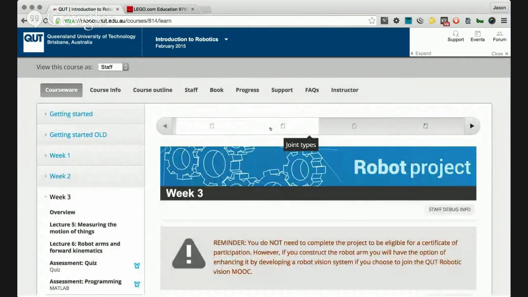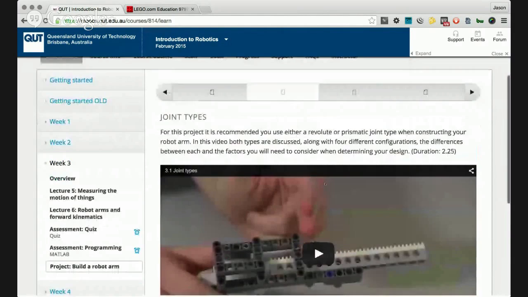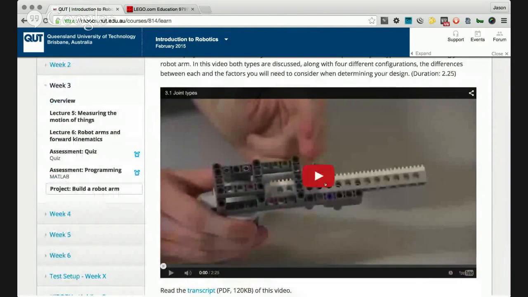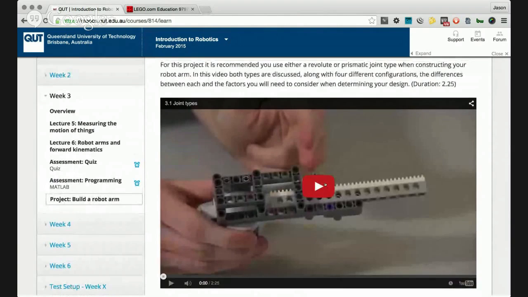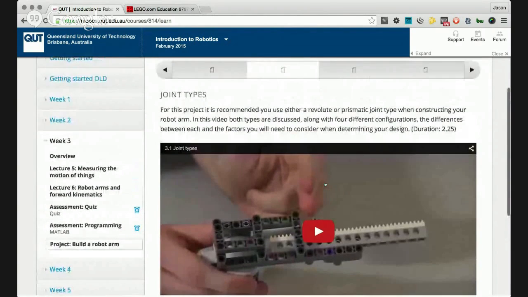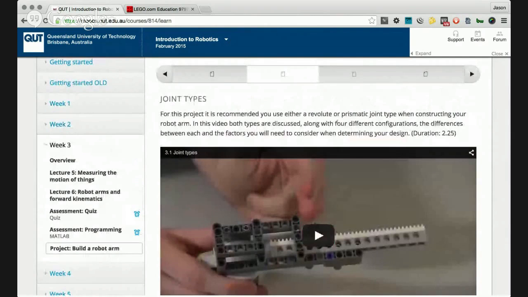This one, Liam talks about how to build your robot. Now you got a choice between Revolute, or Revolute prismatic. I mean, maybe you want to go prismatic Revolute. I don't know. It's up to you. He talks about how to build a Revolute joint and how to build a prismatic joint. So you can go off and do whatever you want, but these are ones that will reliably work. So yeah, it's really up to you.